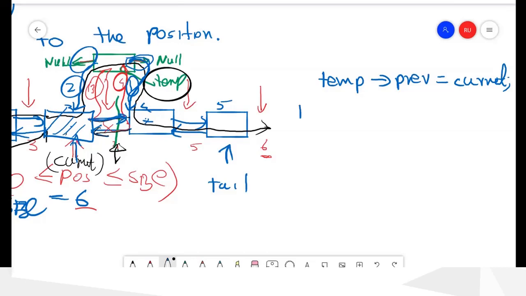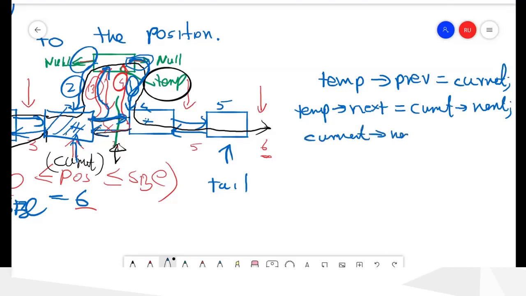So temp next should be current next. And then we can change these two. So this is current, and current next is temp.